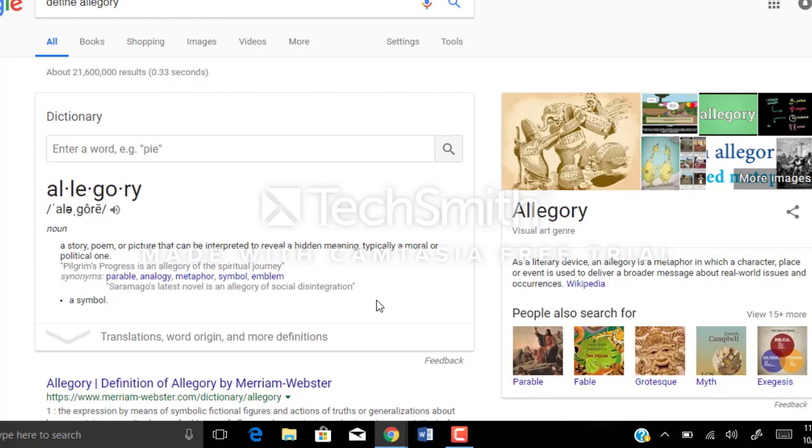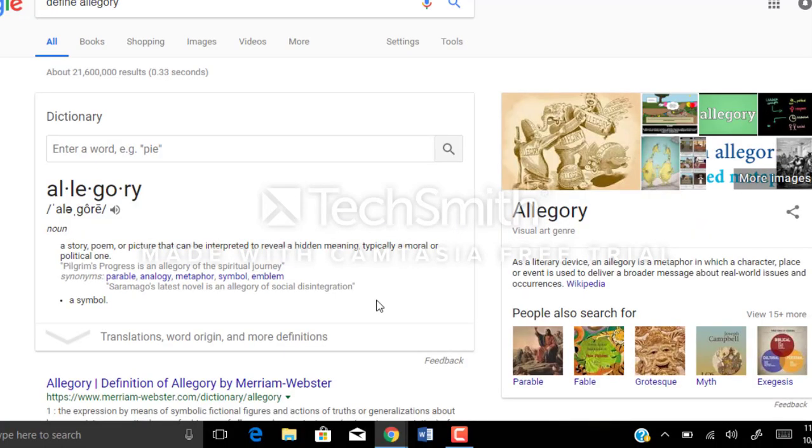An allegory is supposed to be taken seriously, but it's also supposed to be taken as a story. Like, what are you going to learn from this story? What are the symbols? Why are there specific characters? Why are there specific settings?